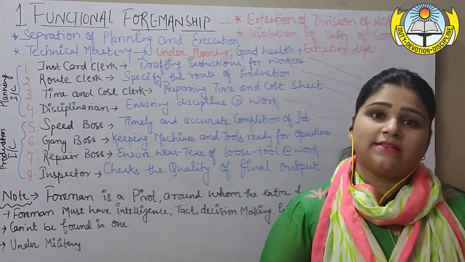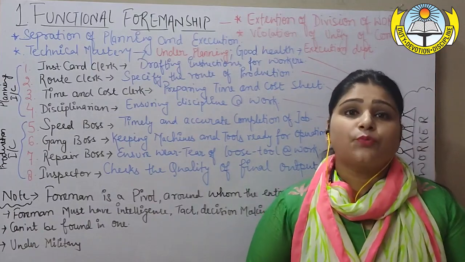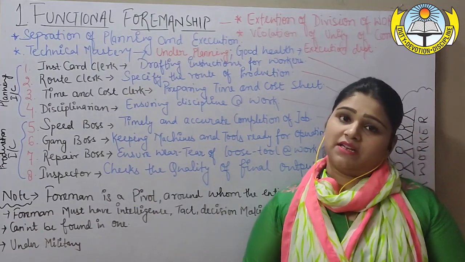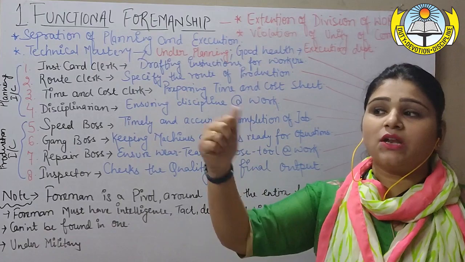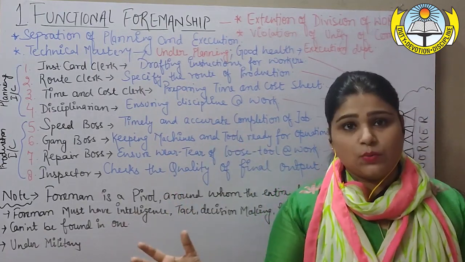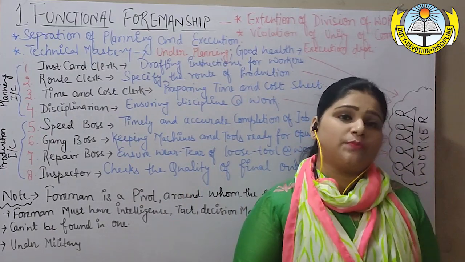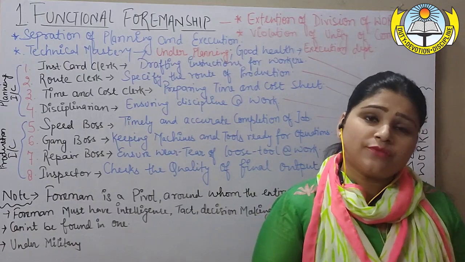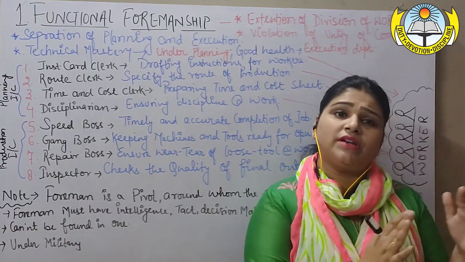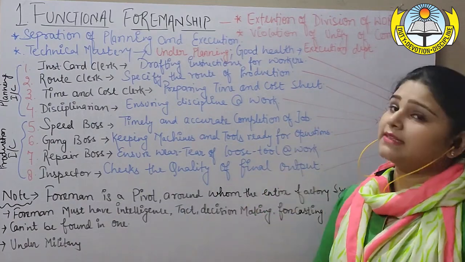So Taylor suggested that there has to be a separation of planning activity and production or execution activity, which means one set of people along with the boss must be doing the planning work, those who are best suitable for the same, whereas another set of people, those who are good in the execution or production part, must be appointed under that execution area. Taylor said that